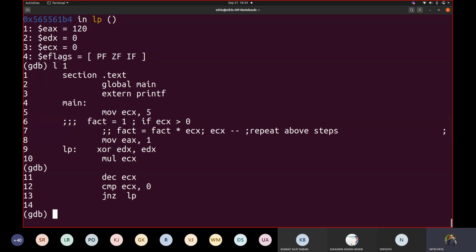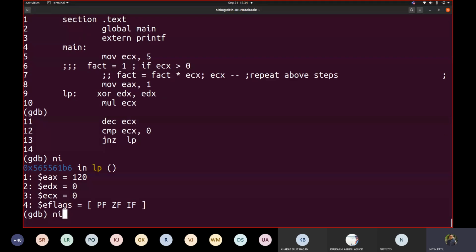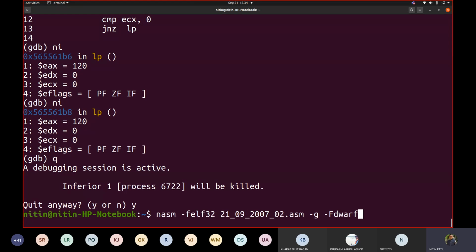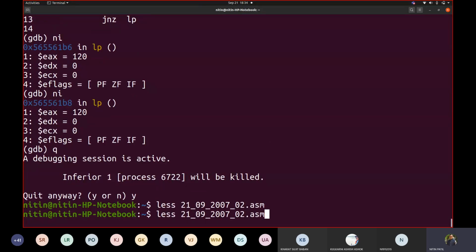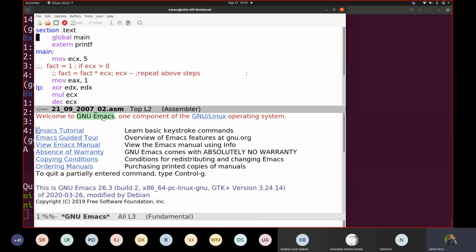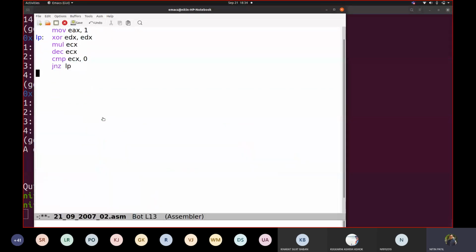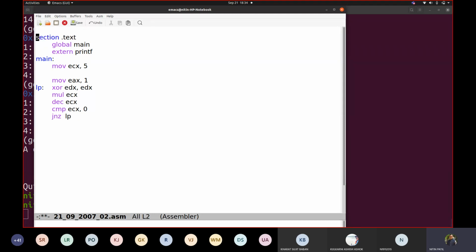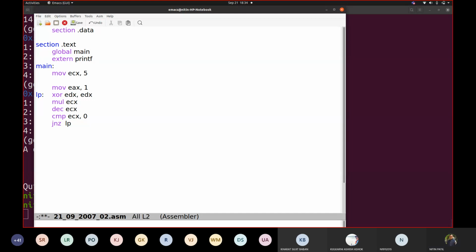Now how will you print this? Now we are with the debugger, so it will continue with the debugger. So if I want to print the value, then I will use this pattern. I will go to my code. I will remove this because we understood now what is to be done. Now where is the result? In which register is the result? Can you tell me please? You can unmute and tell me. Yes, the result is with which register?